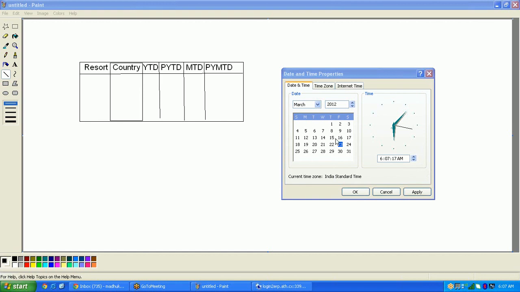Yes, correct. From Jan 1st to March 23rd of 2012. So that is YTD, year to date. So assume, in the prompt I have selected 23rd of March